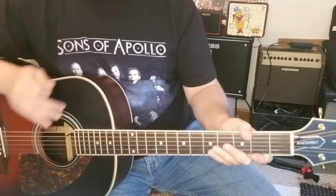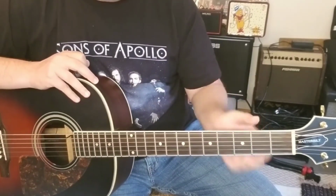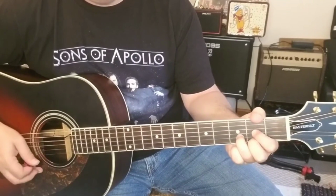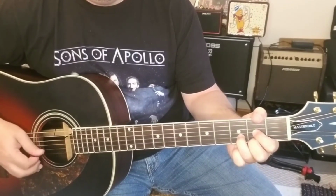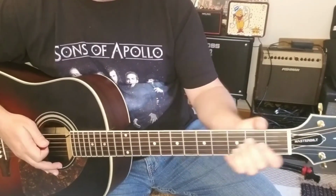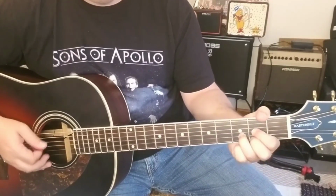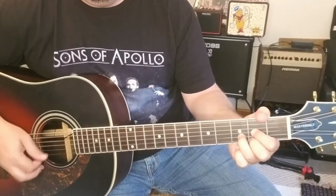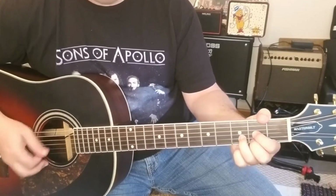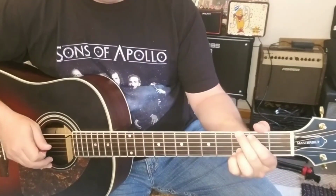That's the intro. So we're going to go into the verse, which is basically a mix of those chords we've already played. It's going to be G, A, and D, okay? So it's G for 1 measure, A for 1 measure, D for 2 measures, okay? So that's going to be played a total of 2 times, and then going into the chorus,